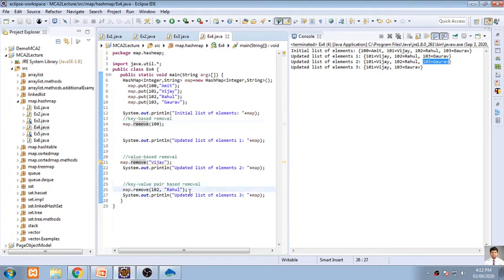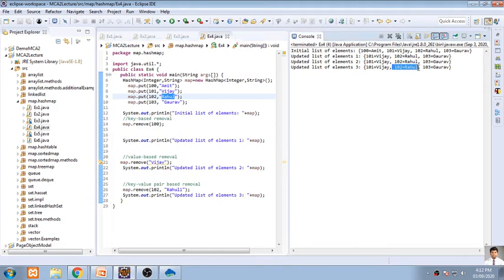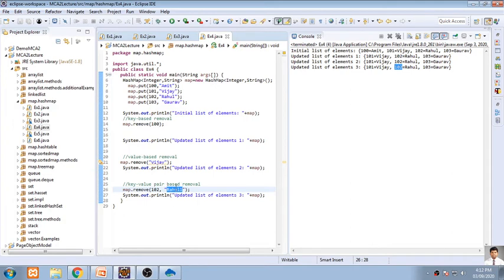If I change the value to Rahul 1, I will check. Key is 102, Rahul 1. Rahul 1 is not there; there is only Rahul. So we'll go for running this program. Whether it runs or not. See, it is not removed because the key 102 was found, but Rahul it didn't find. So it is an AND condition. If key and value are found similar in this allocation of key and value, then only that element will be deleted. So this is nothing but making compulsion about key and value for the purpose of removing. So are you clear with this one?